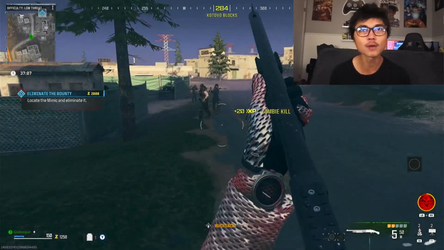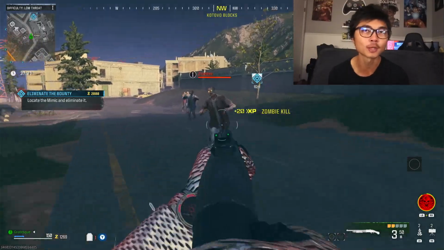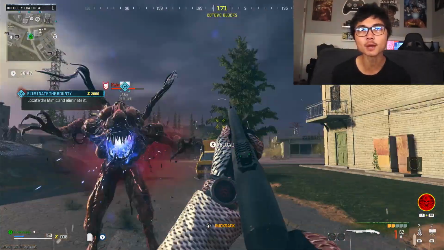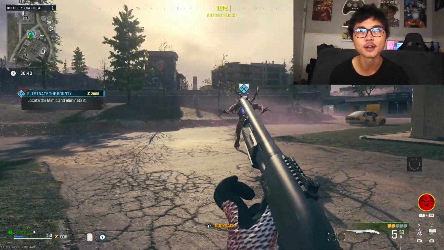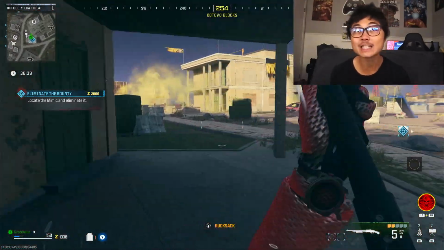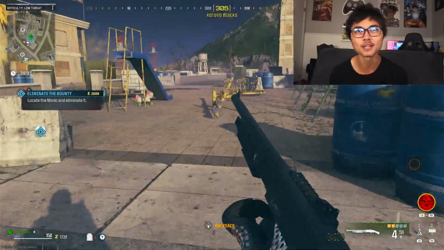You don't want to go there until you have legendary or epic weapons with Pack-a-Punch level 2 or 3, preferably Pack-a-Punch 3. Like I said, these enemies can be quite spongy at first, so it might not even be a bad idea to avoid the big bounty contracts at first and take out some of the easier contracts. And then once you have enough money to Pack-a-Punch, which is 5,000 points, then you go ahead and Pack-a-Punch,